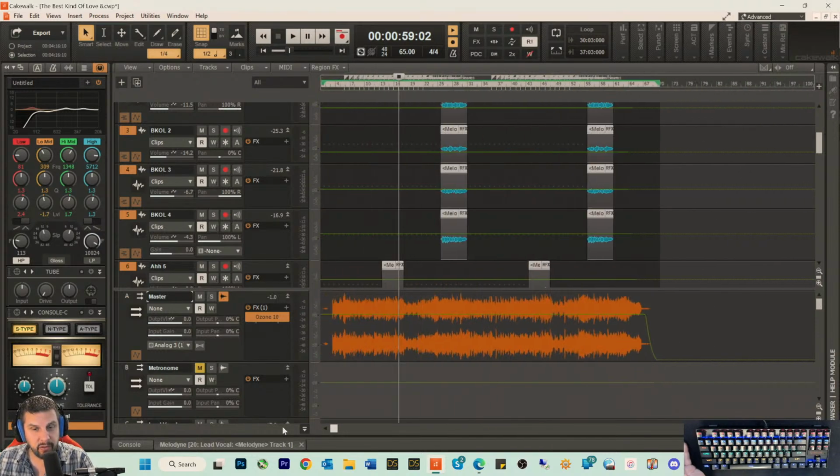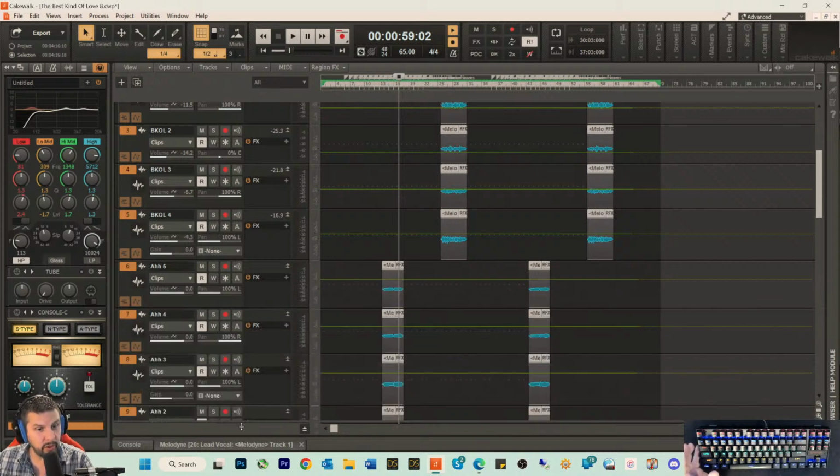The way around that, if you just don't want to mess with that, is to click here and drag to the beginning, and as you notice, it selects in the track view. Make sure you have a track selected in the tracks view, and then just drag,